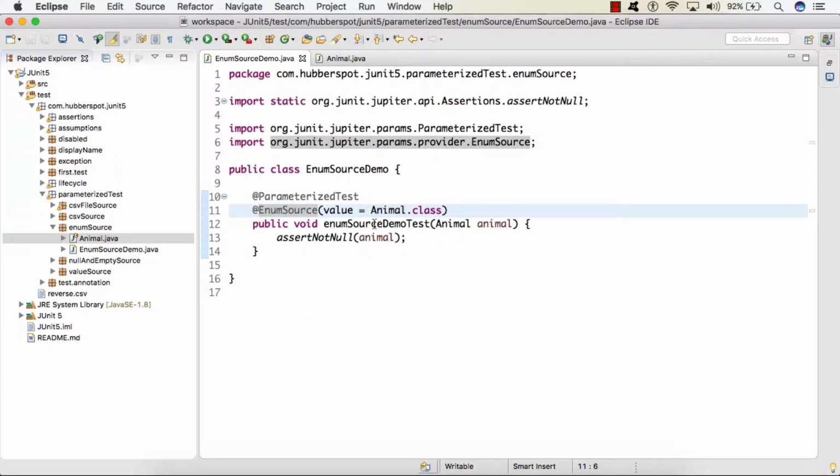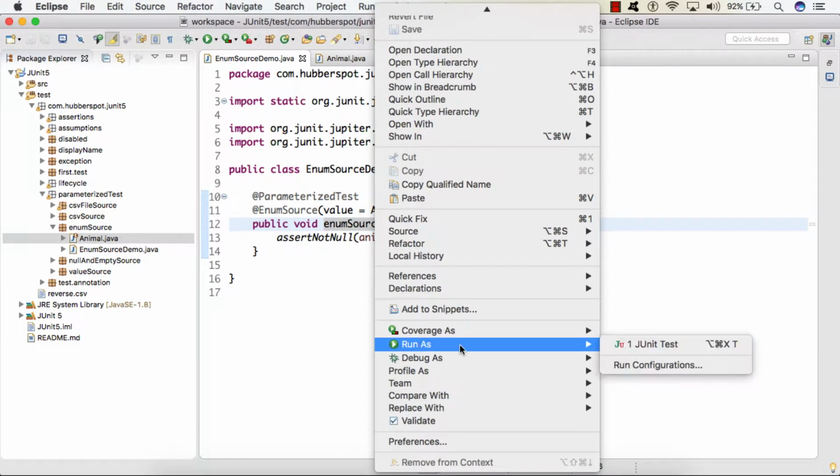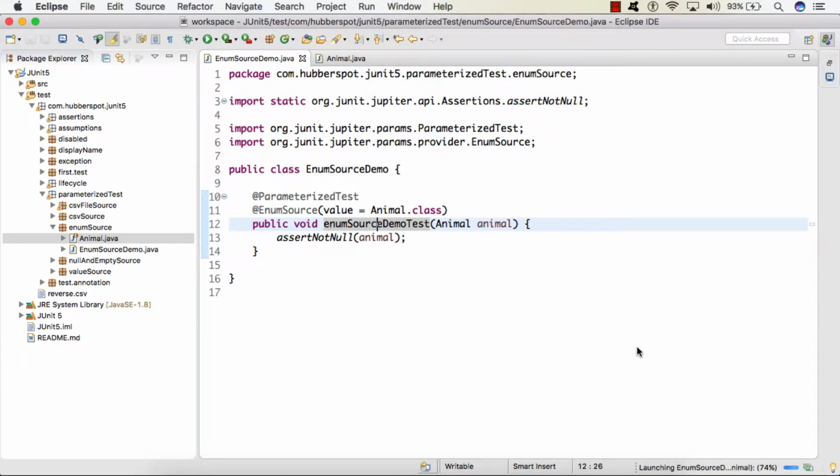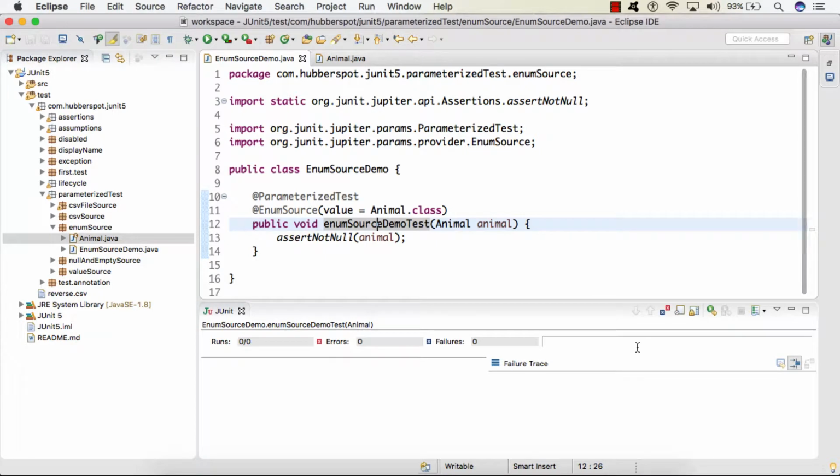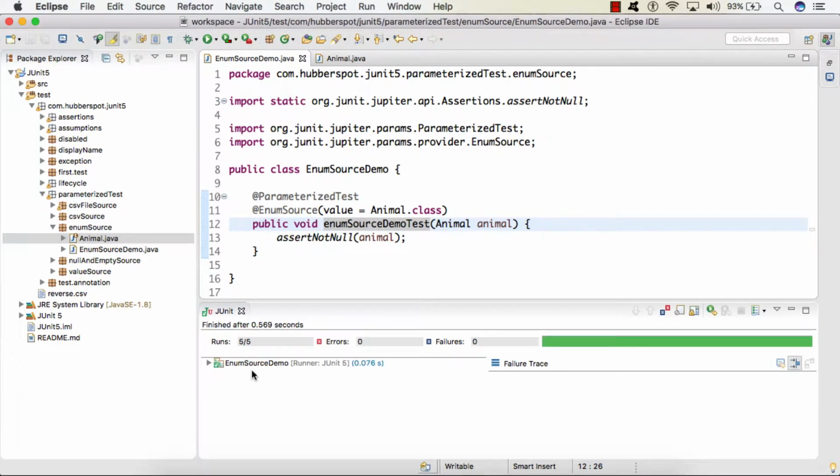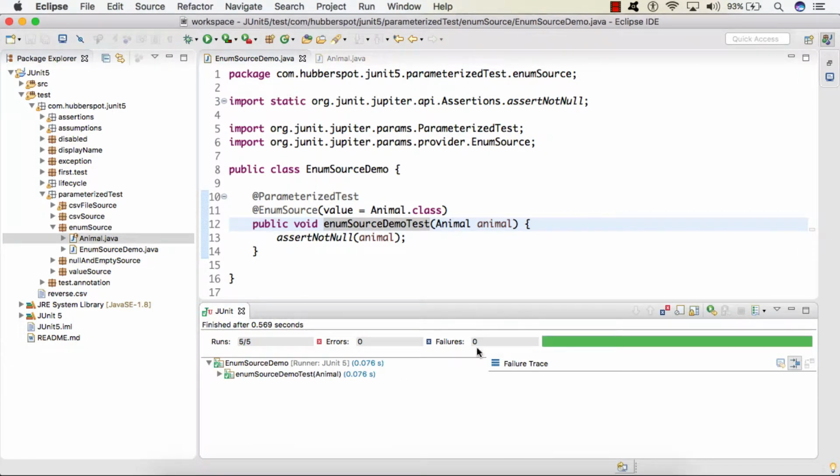If I run this test case, you can see the test case got executed successfully and it ran the test case 5 times. One for dog, 2nd for cat, 3rd for lion, 4th for tiger and 5th for donkey. So friends, this is how we can provide the enum constants to our @ParameterizedTest.